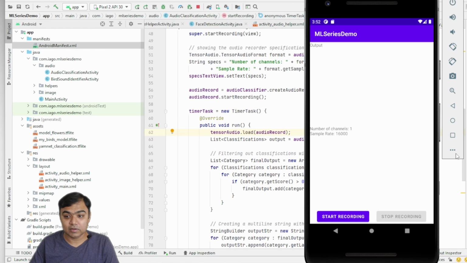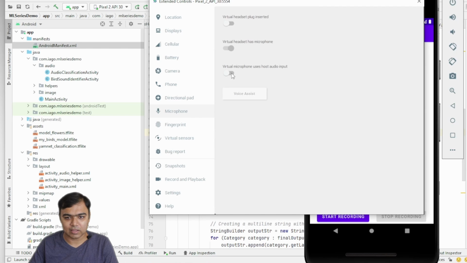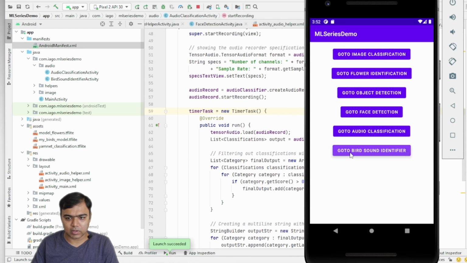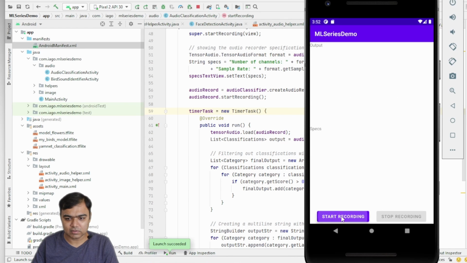The other thing we need to do is go to the emulator settings and enable the virtual microphone uses host audio input. Now let's run this again. Okay, it's running. Go to bird sound identifier, start recording, and you can see now it is showing Azara's Spinetail.